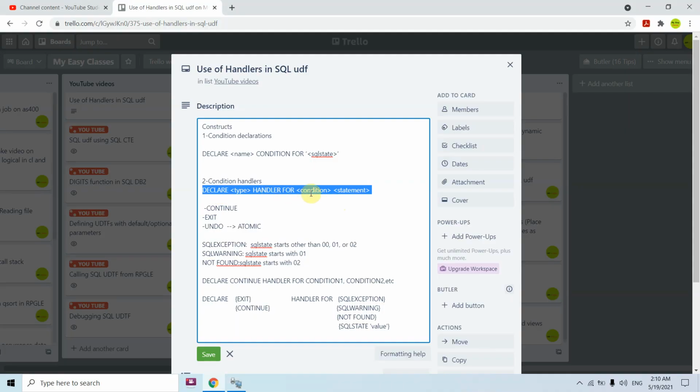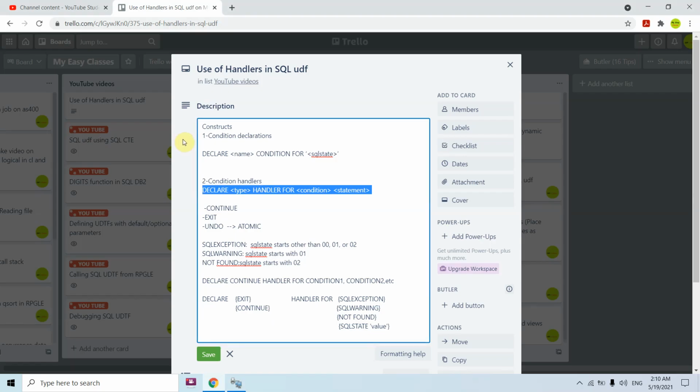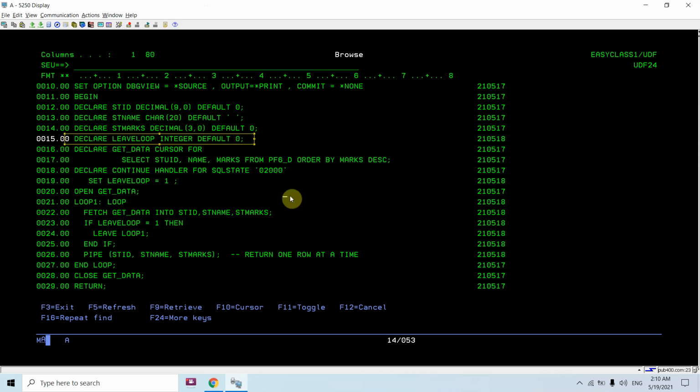For here the condition comes is SQL state 02000. So basically what happens here is either I can define this SQL state separately, that is I can define a condition here that declares this condition for SQL state this.